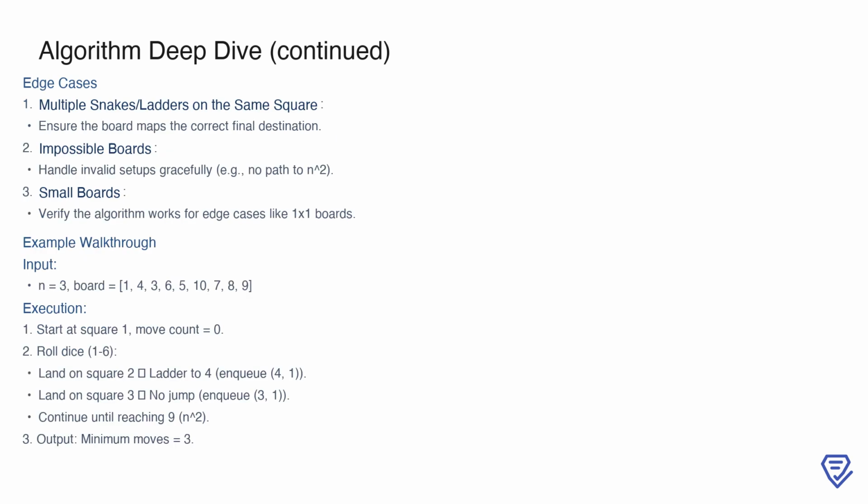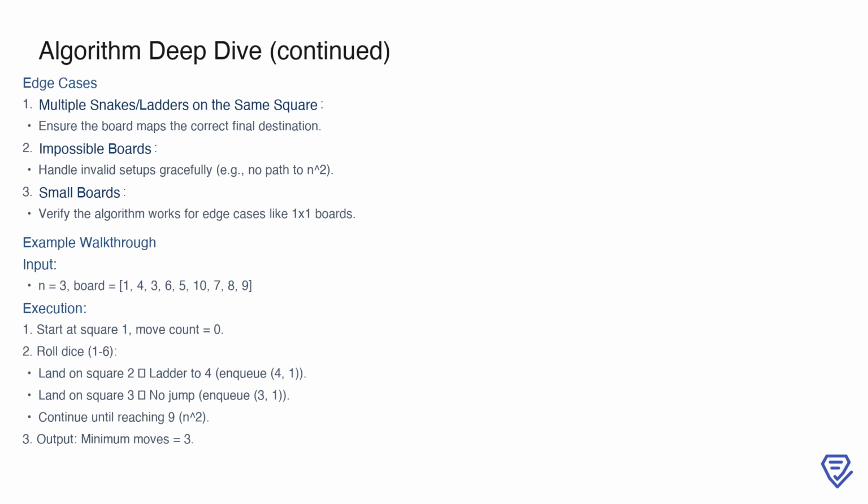When solving this problem, it's important to consider a few key edge cases. First, if multiple snakes or ladders start on the same square, the board representation must map to the correct final destination to avoid errors. Second, while unlikely in valid setups, the algorithm should gracefully handle boards where reaching the final square is impossible. This ensures robustness even in edge scenarios. Finally, for very small boards, such as a 1x1 board, the algorithm should still function correctly and return the appropriate